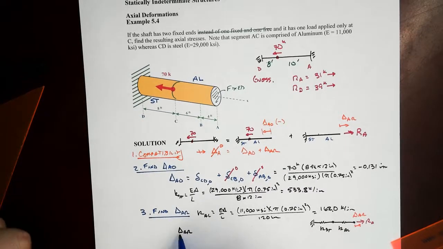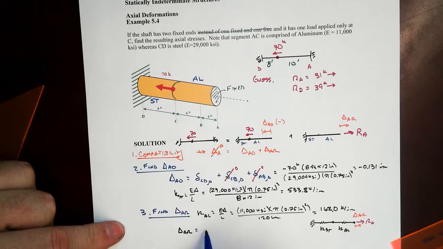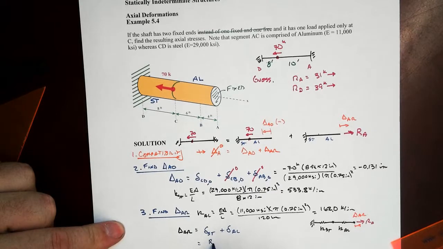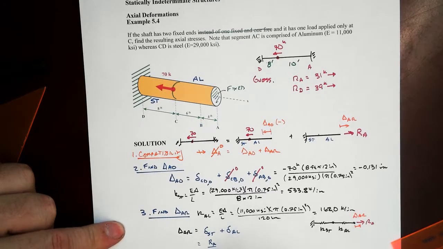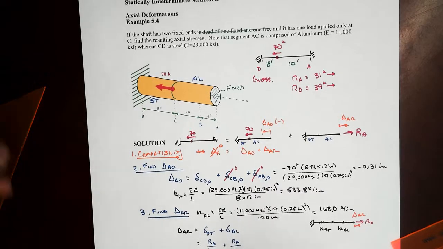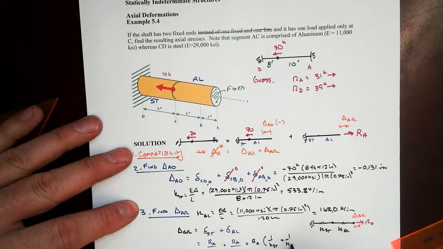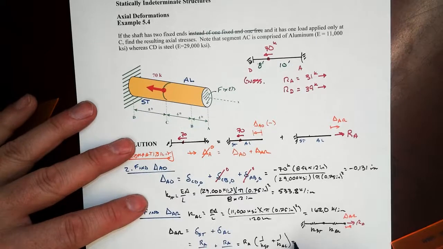I don't know why I did that in black. That should have been blue. So we'll have the delta of the steel plus delta of the aluminum, and that's going to be equal to the axial force divided by the stiffness of the steel. That's the steel segment. And then the axial force, which is also RA, and stiffness of the aluminum. And we get this interesting thing here, that we get RA times 1 over K steel plus 1 over K AL, which we could say is RA